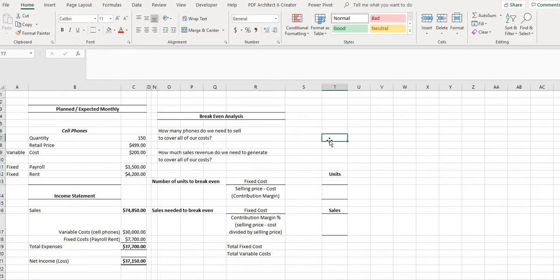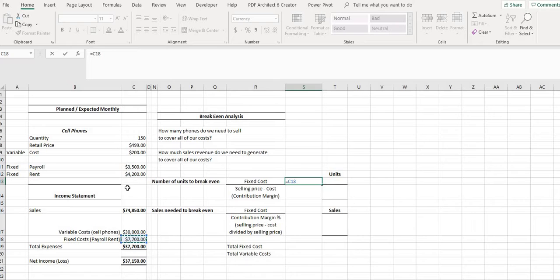Okay, so there's just two formulas we're going to work with. The first thing we're going to determine is the number of units that we need to sell, or phones we need to sell, in order to break even. And the formula for that is just our total fixed cost divided by our contribution margin, or selling price minus cost. Okay, so we know that our selling price is, as we've calculated down here,